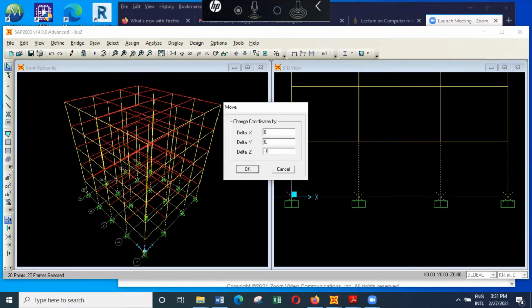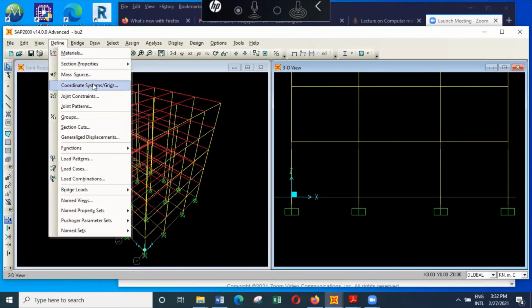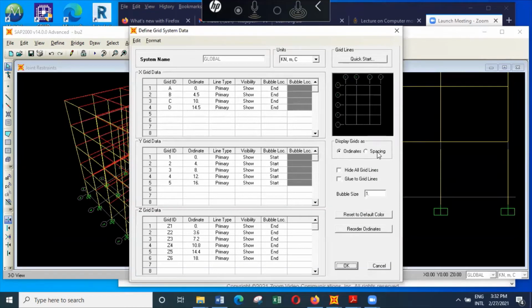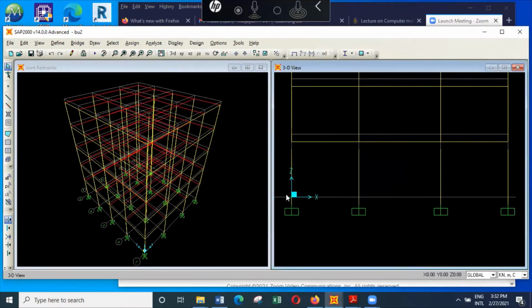So I will move all this by 0.5 meters vertically, and the moment you do that, you can change the grid as well, and here you will go to the spacing again, and here you will say it's 4.1 meters. So here you can see the ground floor has a height of 4.1 meters, and the moment you say okay,